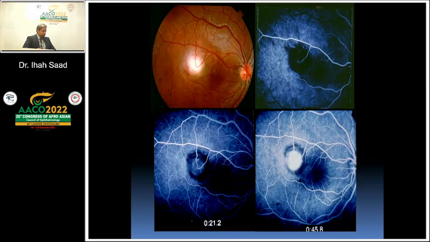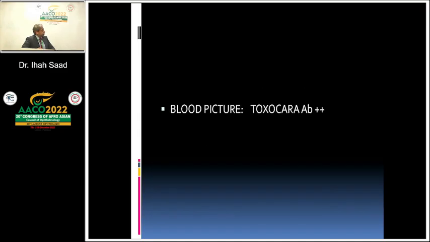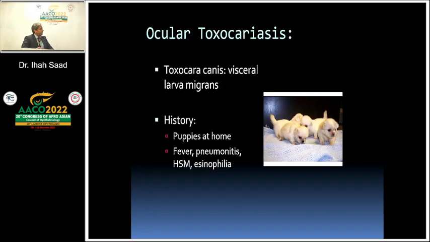There were 1 plus vitreous cells, and fluorescein angiography shows a hypofluorescent mass with a perfusing arteriole and the draining vein with surrounding subretinal fluid with pooling at late stage of the fluorescein angiography. The chest X-ray showed pulmonary infiltration, eosinophilia. Aqueous humor sample came positive for toxocara antibodies. So this was a case of a toxocara granuloma, and the origin of the toxocara canis is the visceral larva